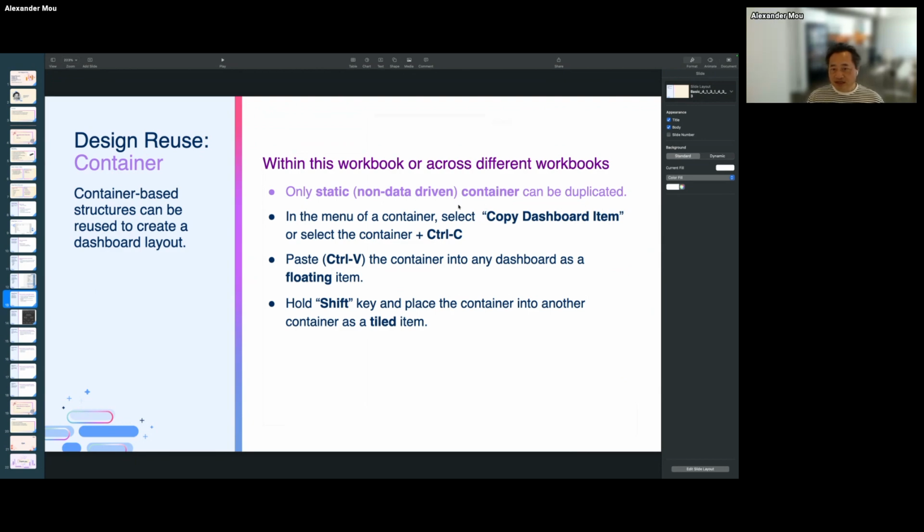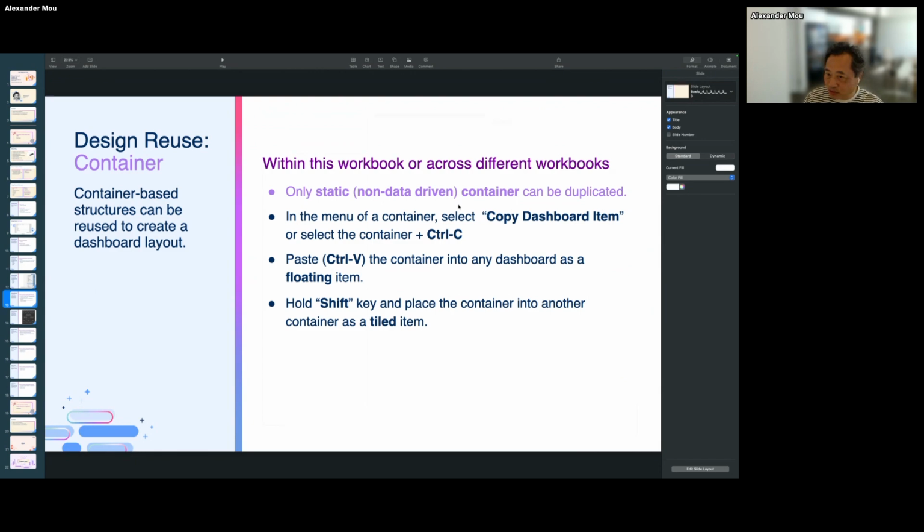What does this mean? If a container has a text sheet or an image sheet there, or it's empty, with nothing in the container, then it can be duplicated, and just use Control C and Control V.